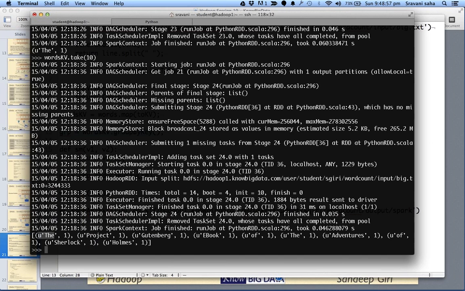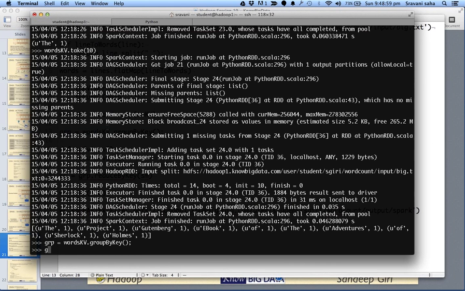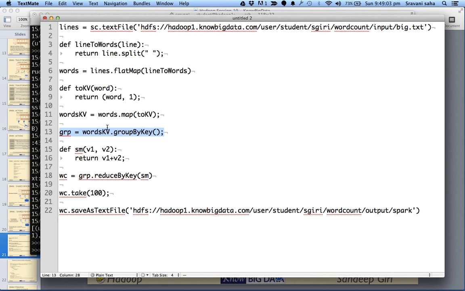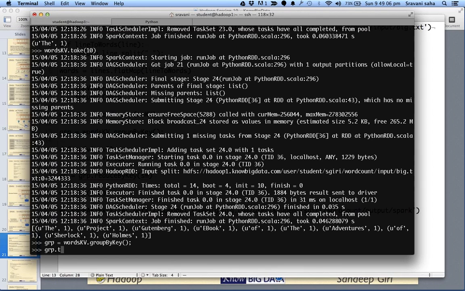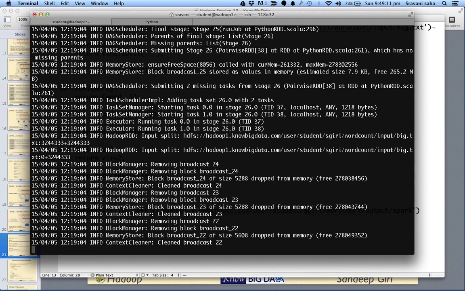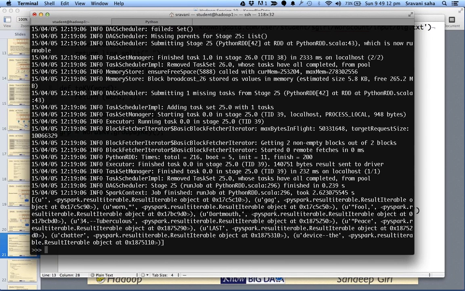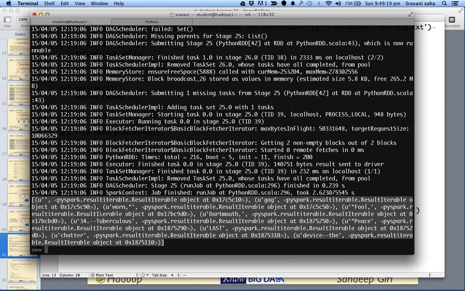Next we group it by key, and we have the group. Now let's say group dot take, and it should have the same format. Now the sorting happened, and here you see that for each of the elements it has done the grouping. Here it's a blank array.